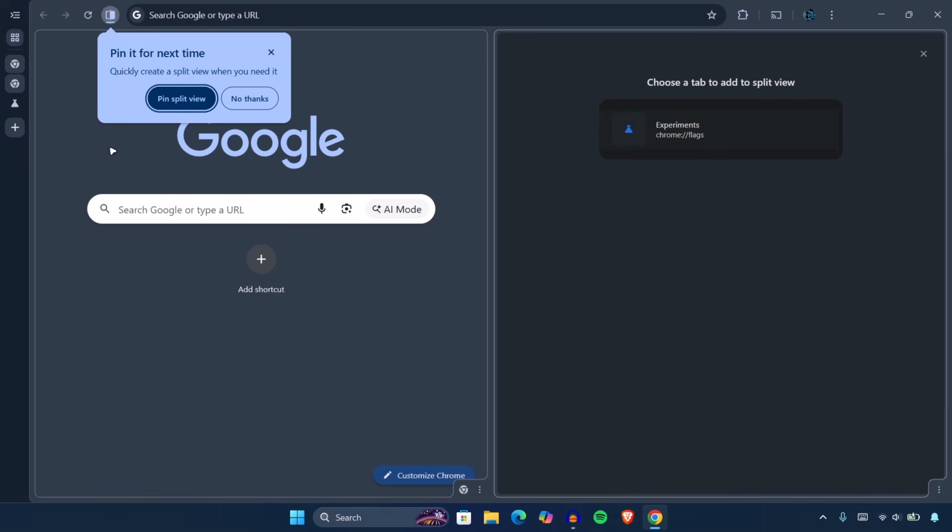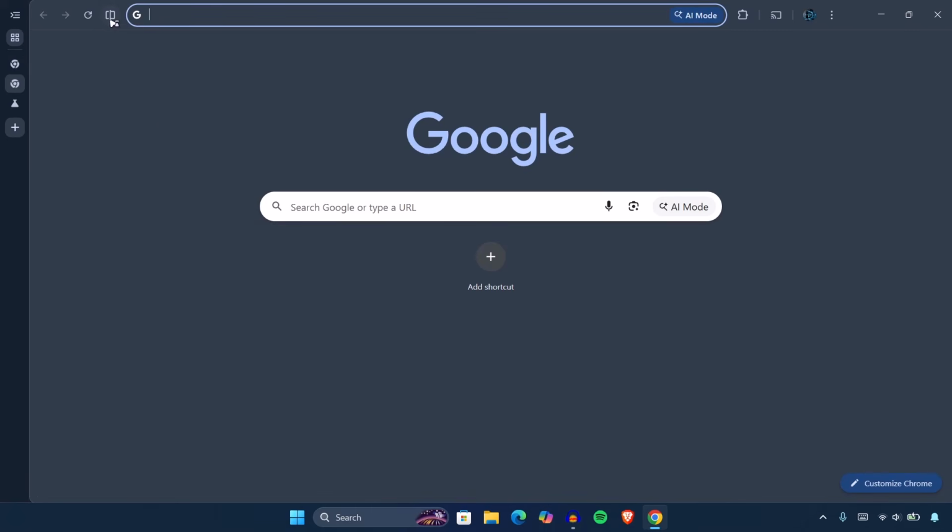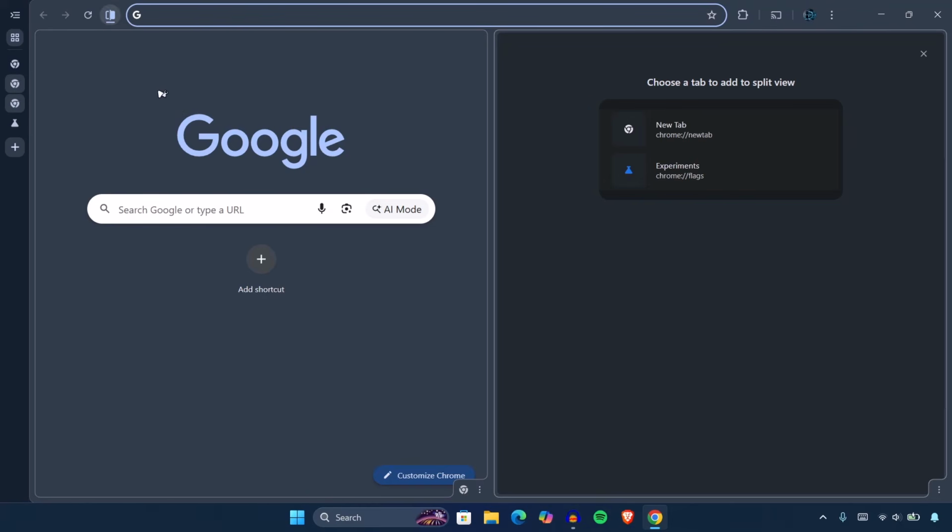If you want the split view icon to remain up here for easy access, you can choose this option, pin split view. Click on that. Now this is going to remain up here so you can easily change the settings. Like now I can change it back to separate views. If you want to split it, just click on that, and once the split view is open, you have the